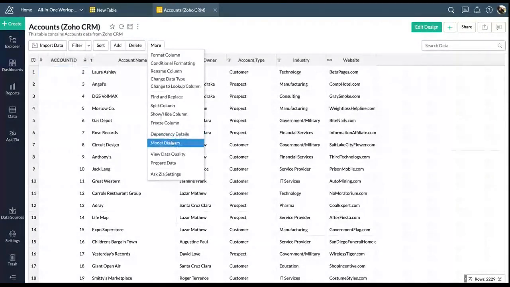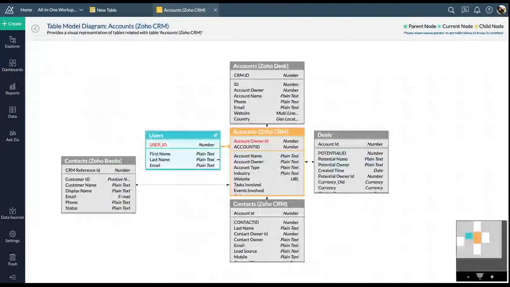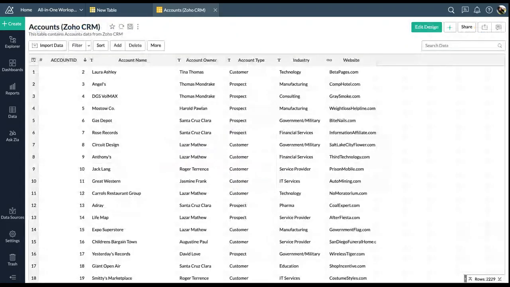So if I look into the model diagram, I can see how this table is related to the other tables in my workspace. The reason why I'm showing you this is more important when you want to create any report based on the data from multiple data sources, because the tables should have some kind of relationship to fetch the right result. So the next thing which we are going to see is what if the tables are not